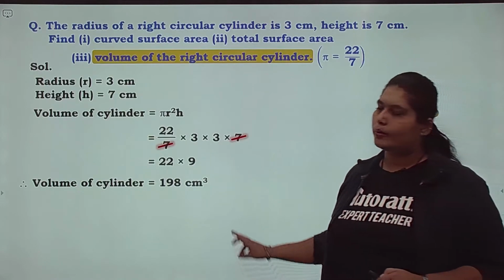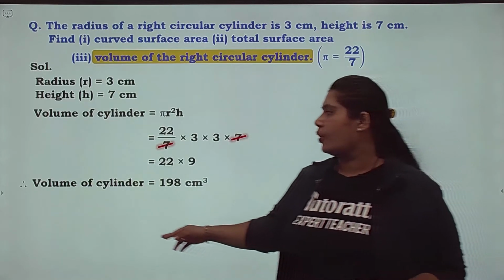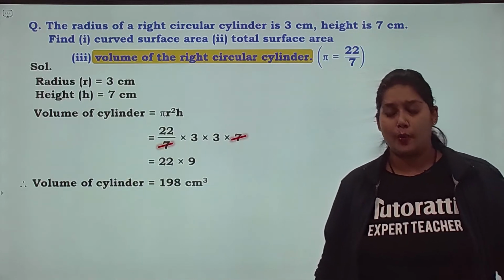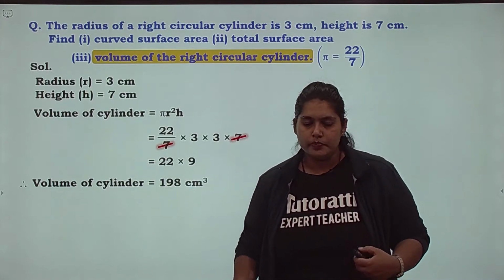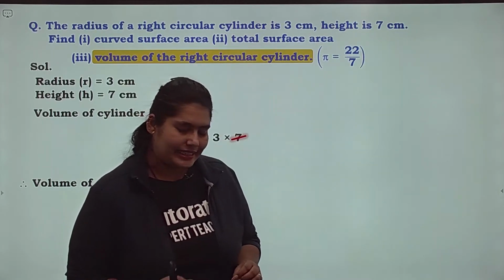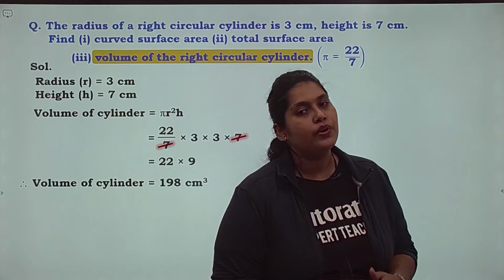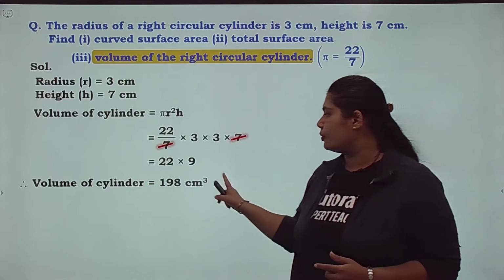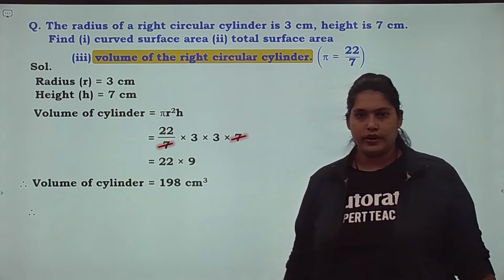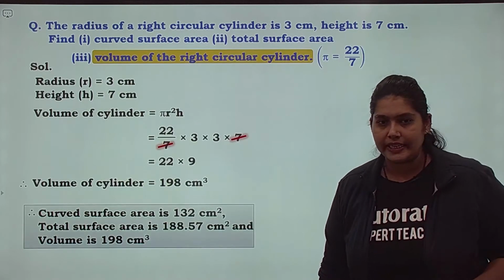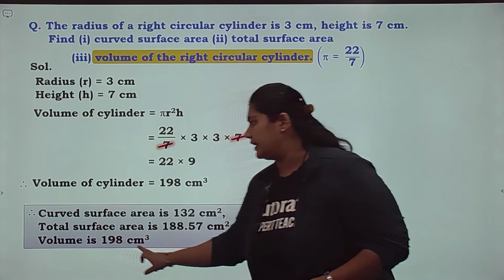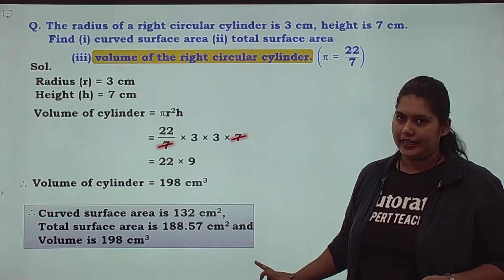Now why do we have a cube here? Because this is the volume. This is the volume. Yes children. So the area is calculated in square and the volume is calculated in cube. Why am I repeating this? Because children tend to make mistakes in the exam because they are in a hurry. So whenever you are writing this, especially the cubic centimeters, make sure that you check whether it's volume or whether it's area. Alright children. So finally we get the curved surface area, we get the total surface area and we get the volume. Representing the final answer like this is very important to gain marks.